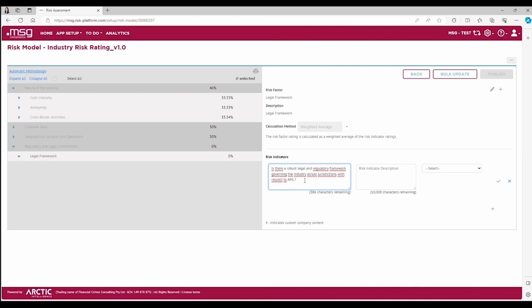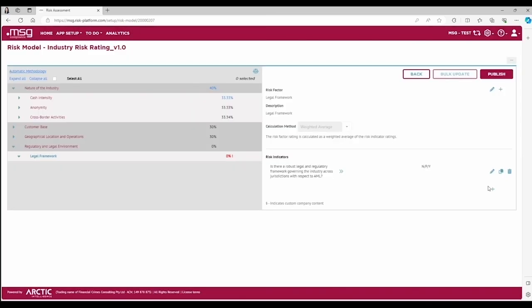We have seen from the chat result that this is a weakness for the online gambling industry, but it could also be relevant to evaluate for other industries. If that question is answered with a yes, it can lead to a higher risk and a red flag when considering different industries. Now we need to select the answer options, and that's it.